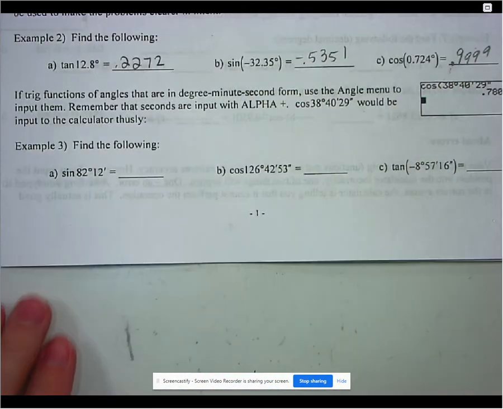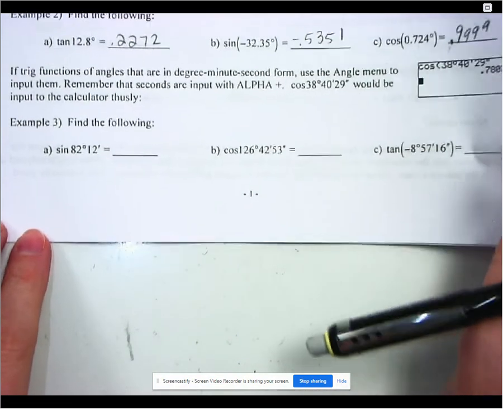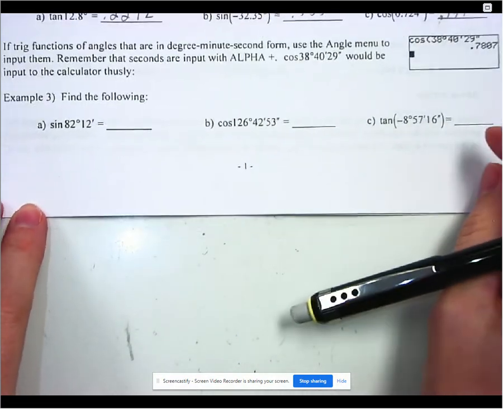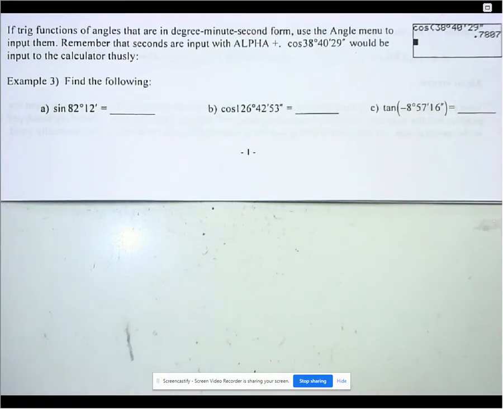All right, the next example starts talking about degrees, minutes, seconds. And so in geometry, you might have learned this. I'm not really sure, but degrees and minutes is just another way to represent a portion of an angle. So 1 degree is super, super small, and it's divided into 60 equal segments that make up 1 minute. So they're super, super small. And then each little minute is divided into 60 equal seconds that are crazy small. So it's just another way to get